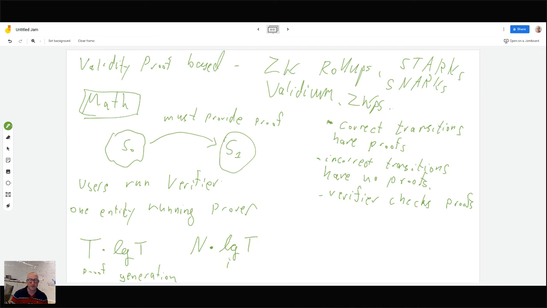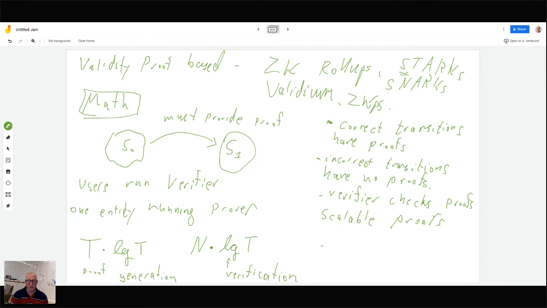So this is verification. Proof systems, or ZKPs, that have this property, that proof generation takes t log t, or quasi-linear in t, and verification takes log t, are called scalable proofs. Those are the ones that I like best, and Starks are such. The S in Stark actually stands for scalable, which means that the prover takes time t log t, and the verifiers take time n log t.